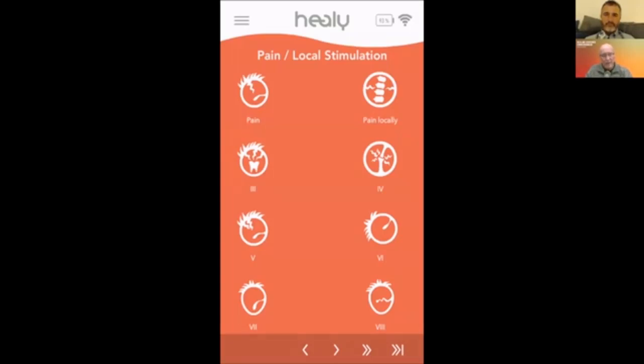Now, we can guess, but there's a couple of them that are labeled very plainly. So, pain, right? Just generic pain. This is going to be systemic pain. Systemic, meaning that it could be a pain anywhere in your body, and this pain program is going to help balance that. And then the next one is pain local. I want to show you what it looks like when we open one of those programs. If we go pain,